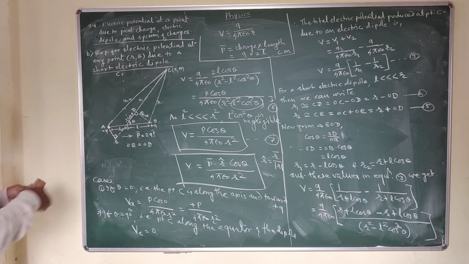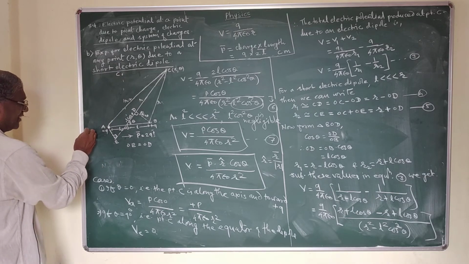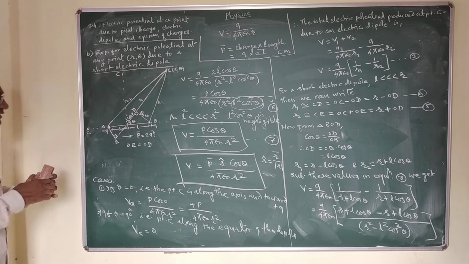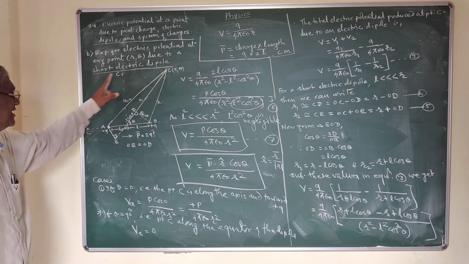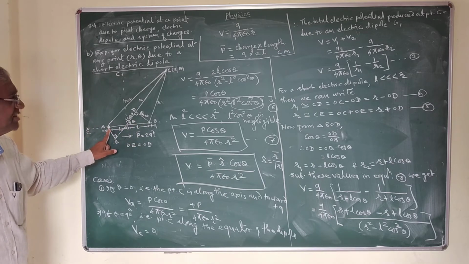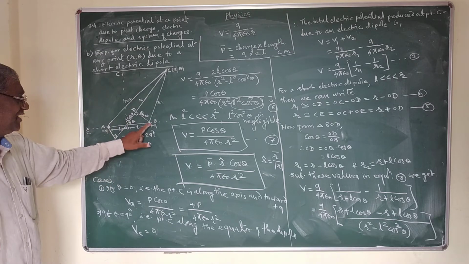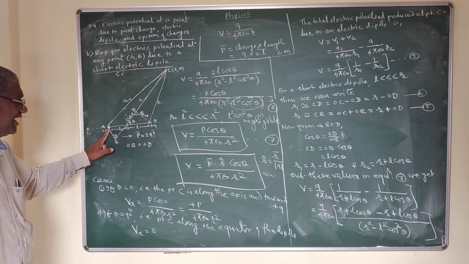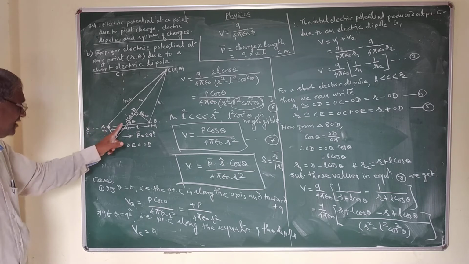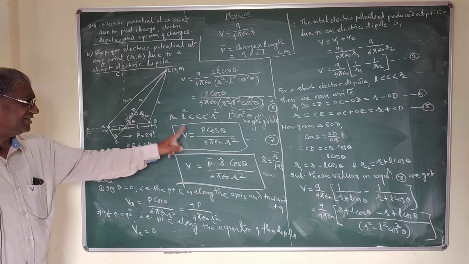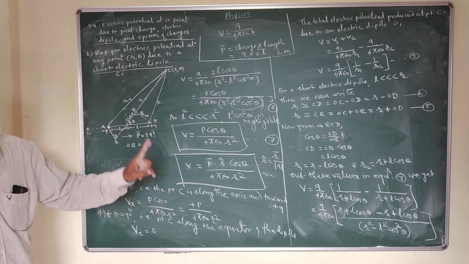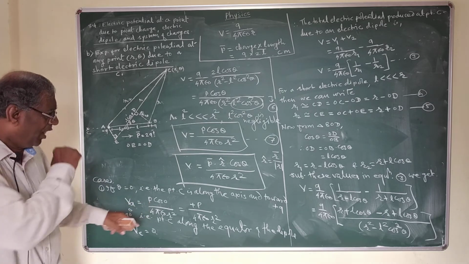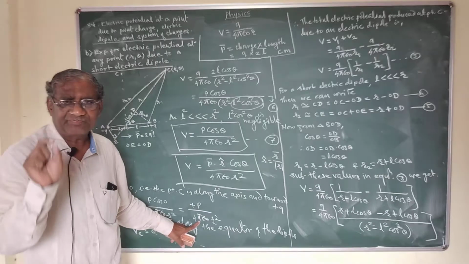This is the second case. Now, if the point C is situated along the axis and towards minus q charge, that is, if theta is equal to 180 degrees, then point C is situated along the axis and towards the negative charge, and then I can write this equation: Va is equal to, it produces negative electric potential, that is cos 180 is equal to minus 1, that is minus P upon 4 pi epsilon 0 r square.